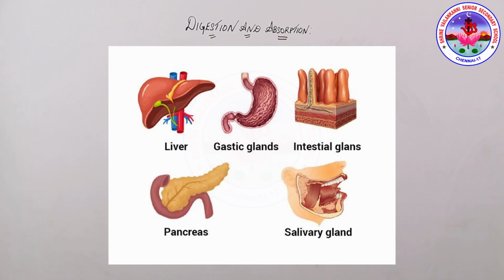Now we're going to discuss more about the saliva. Saliva is mainly produced by three pairs of salivary glands: the parotid, present in the cheekbone, the submaxillary in the lower jaw, and the sublingual below the tongue. These glands, situated just outside the buccal cavity, secrete the salivary juice into the buccal cavity. Next we are going to discuss the liver.